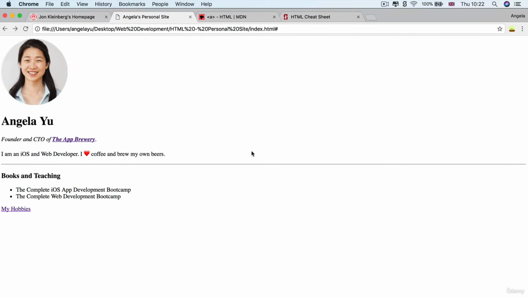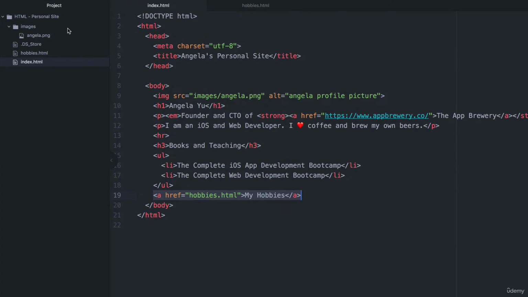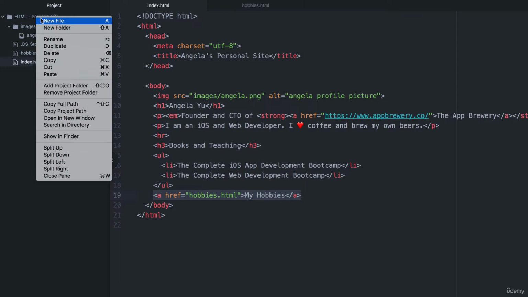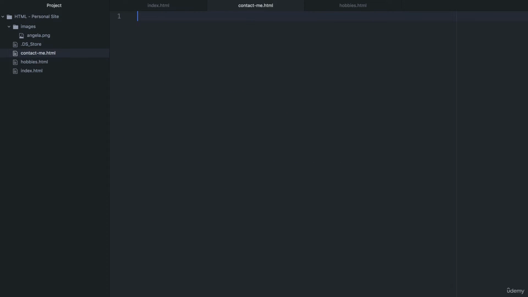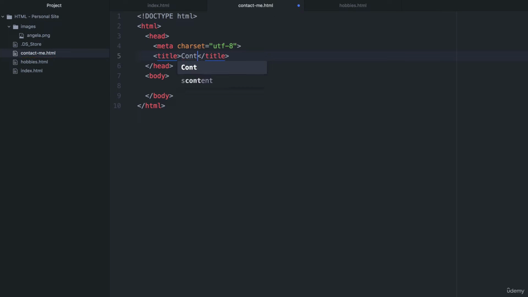All right, so it's going to be exactly the same as what we did for my hobbies. We're going to go to our HTML personal site folder, right click on it, and create a new file, and this is going to be called contactme.html. And here we're going to again start with the HTML boilerplate, and the title is going to be contact